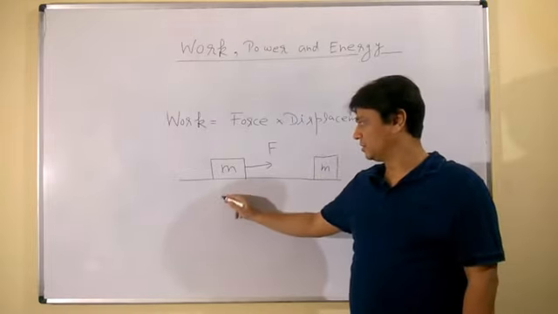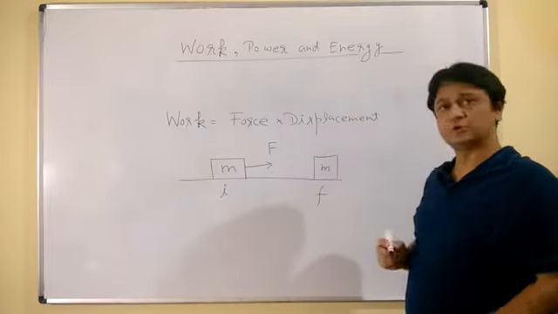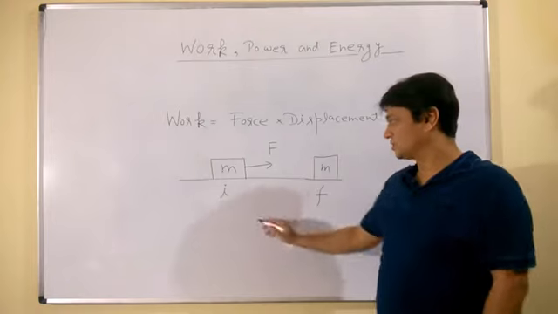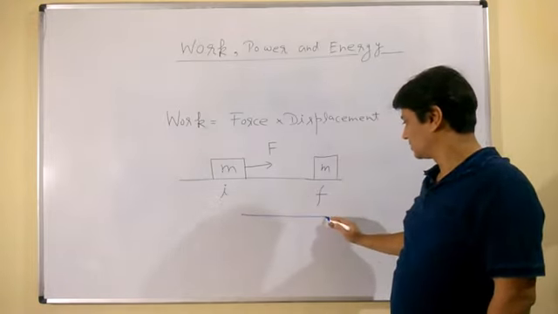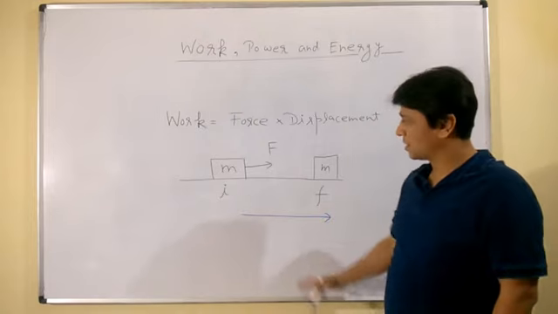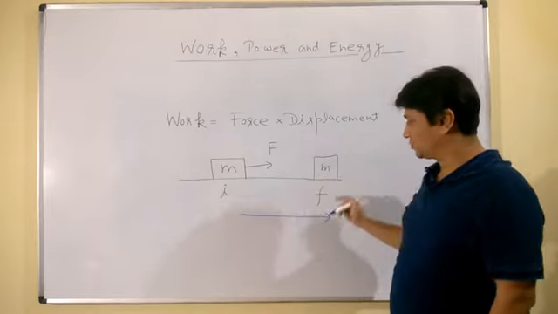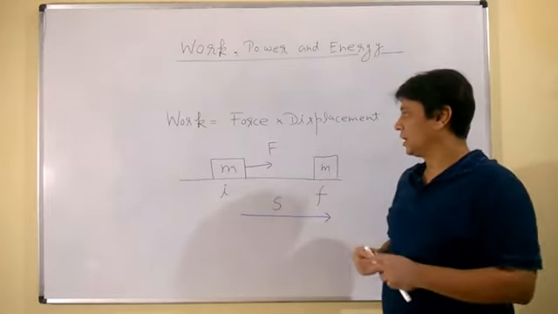This is the initial position and this is your final position. Then you can see that its displacement is this much. From this position to this position, displacement is what? S. And therefore,